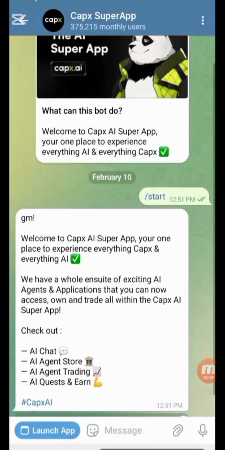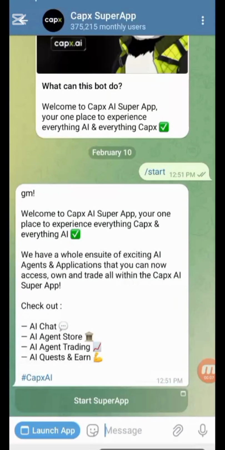So today I'm going to talk about this Capx AI super app. Many of you have forgotten this app, so I'm going to show you how you can start mining this app